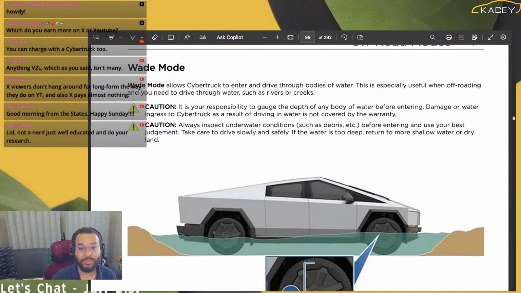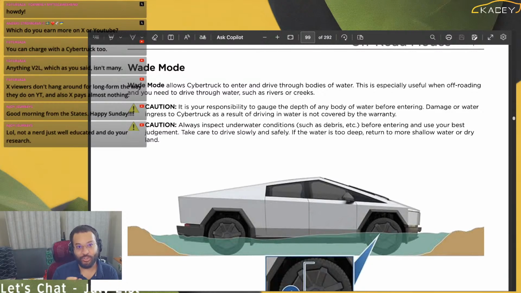Caution: it is your responsibility to gauge the depth of any body of water before entering. Damage or water ingress to Cybertruck as a result of driving in water is not covered by the warranty. Caution: always inspect the underwater conditions such as debris and etc. before entering and use your best judgment. Take care to drive slowly and safely. If the water is too deep, return to more shallow water or dry land.